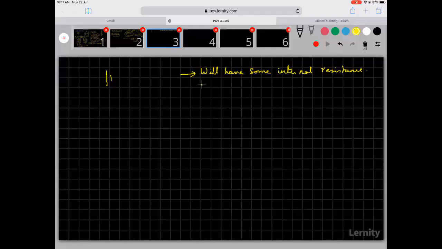So in a Daniel cell, it is zinc and copper ions. In a lithium battery, it is the lithium plus. The sizes are different. When the sizes are different, they will have different resistance. So it depends upon the nature of the chemicals. Two,